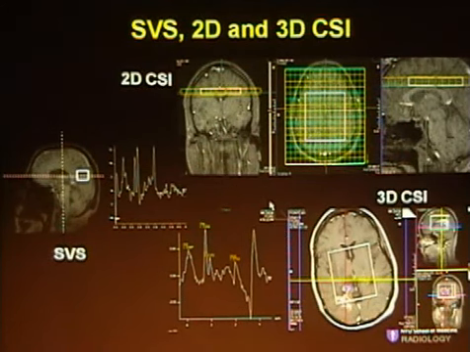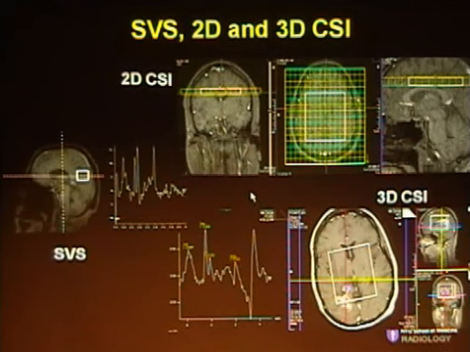If you have it on your machine, you can also do three-dimensional CSI. So not only will you have an 8x8 matrix, but you'll have an extra 4 slices or 6 slices. So you have a three-dimensional MRS set. Certainly, there's a lot of data here, but I think sometimes the more data you have, the more useful the